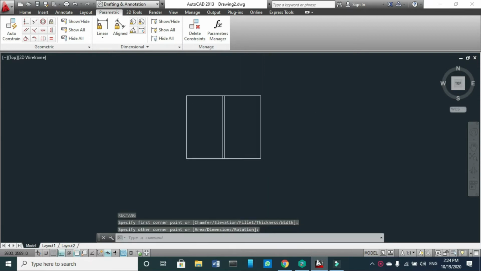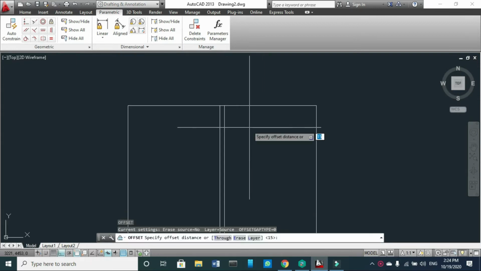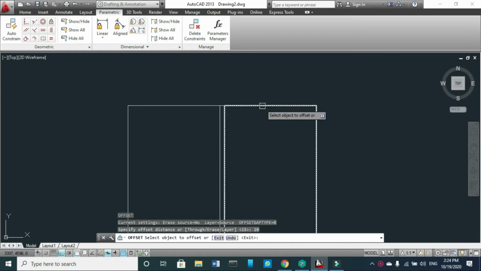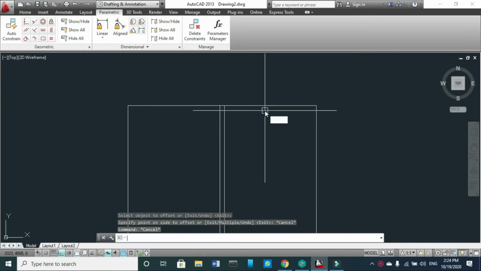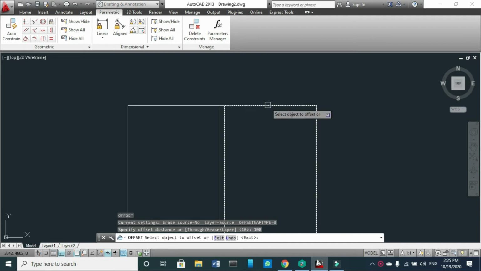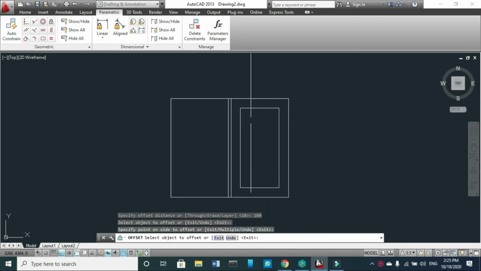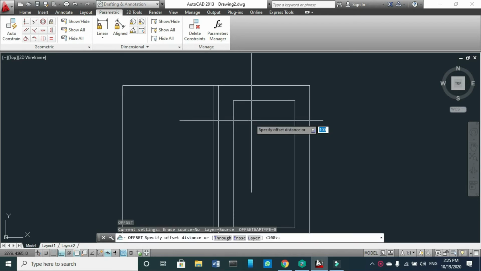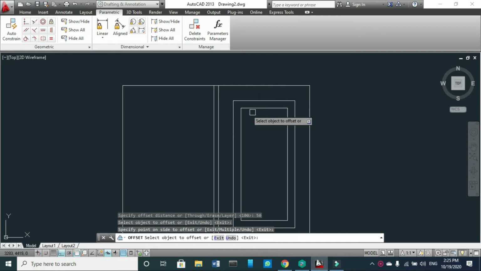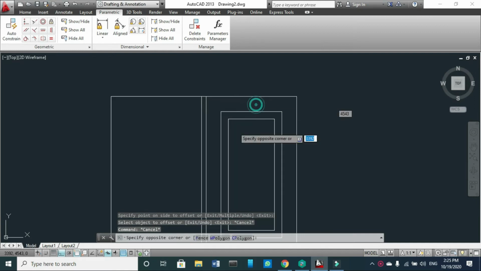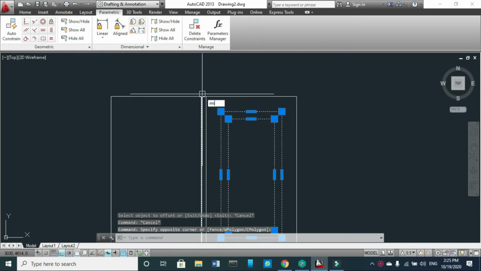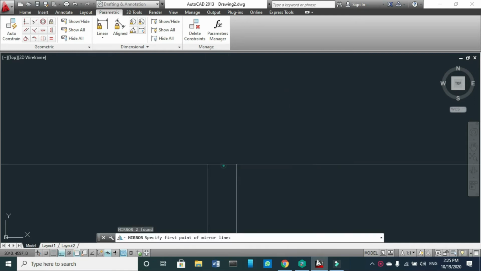Take offset of this by 100 units, offset by 100 units. Again take offset of 50 units. Mirror this from this point, so you can see here